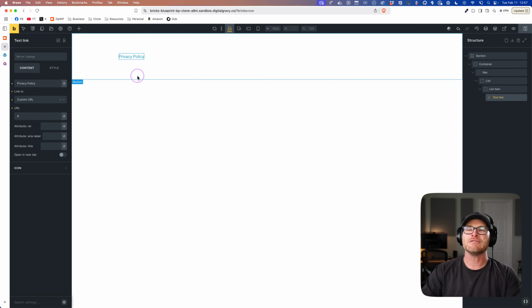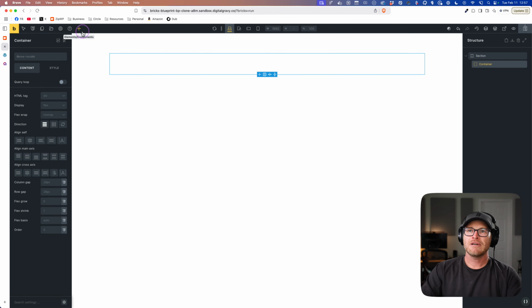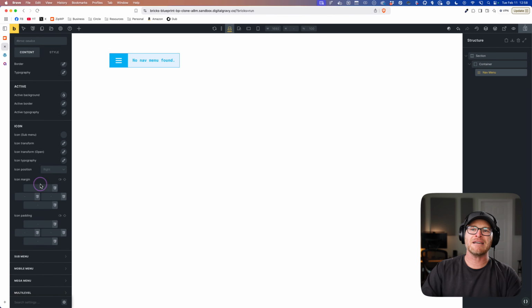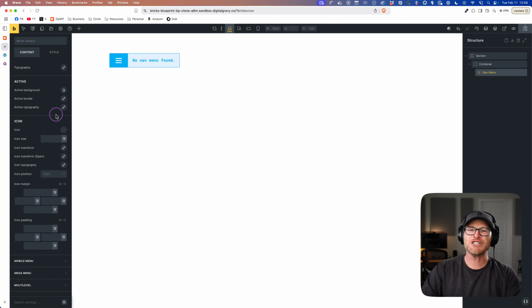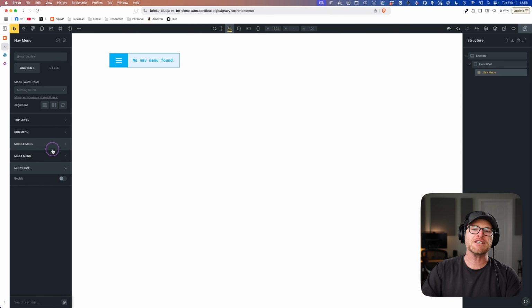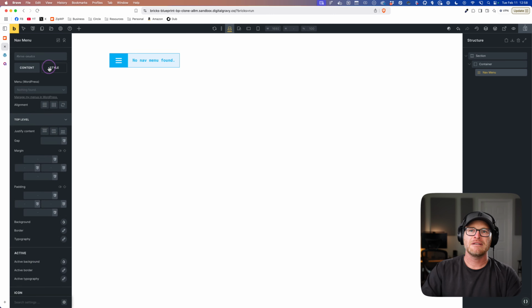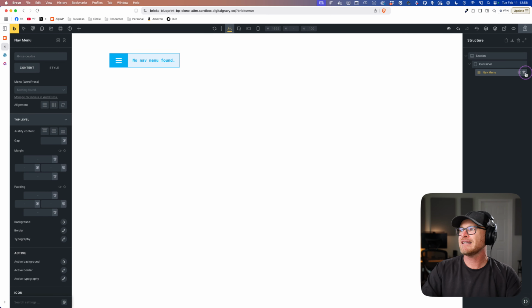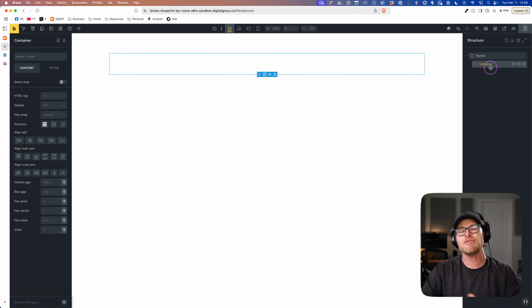Menus come with a lot of hassle. Because if I add a menu, let's add a menu now. You use the menu element, nav menu, okay? My God, I'm forced to go through this nightmare. This is an absolute atrocity, right? Nobody wants to do this, but this is what you're forced into when you use this element. And then half of that doesn't even respond to the classes that you've attached here. I like simple, clean, I don't want all that other nonsense. Okay? So that's my answer there.